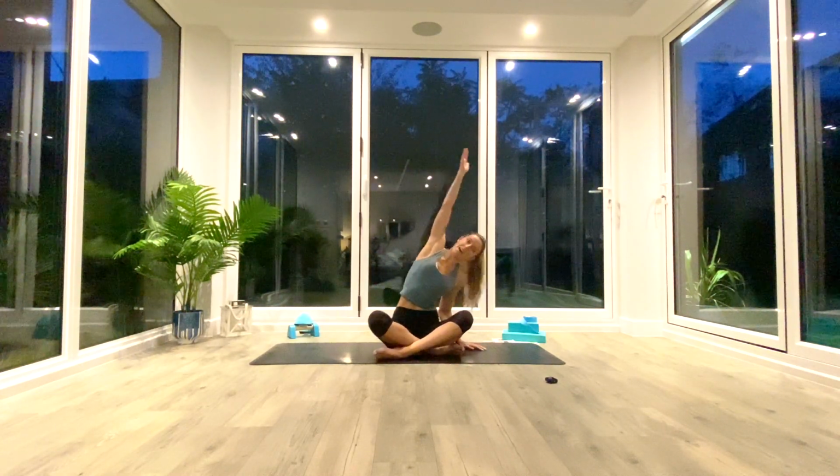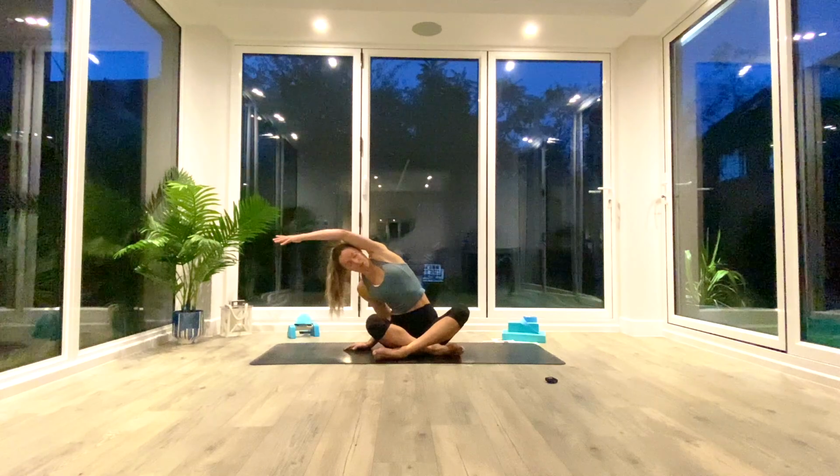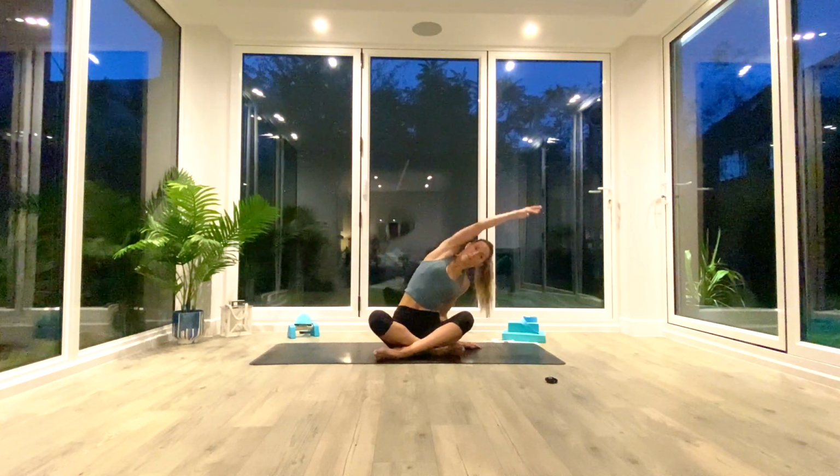And then when you've done 5 in both directions, inhale to lift your right arm up, reaching up tall, exhale, reach over to the left. Inhale back to center, switch over the arms, exhale, reach over to the right. Inhale back to center, and we're going to do this 5 times on each side, just moving with your own